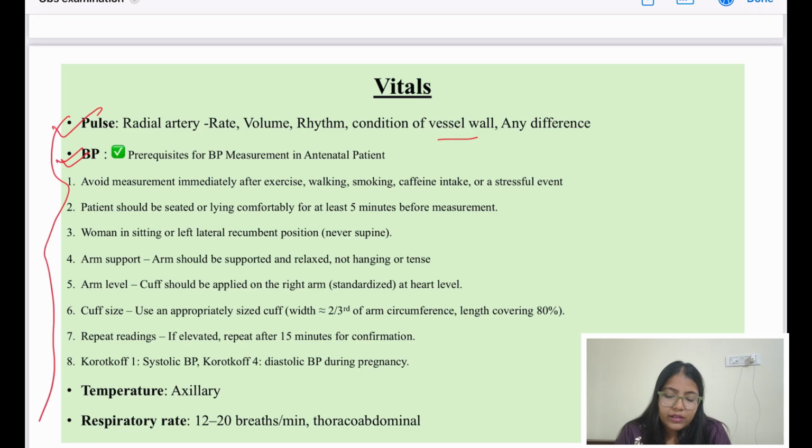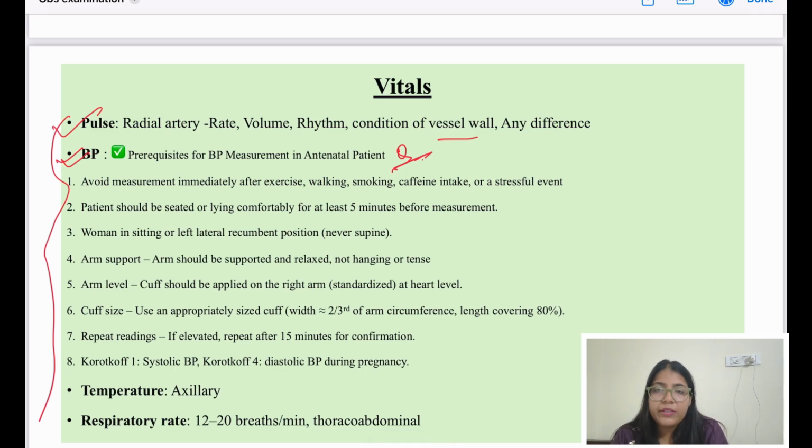BP. So here is where the question arises. What are the prerequisites for measuring the BP? How will you measure the BP? What should be the ideal cuff size and all? So whenever a patient comes to you, you should not immediately take the BP, because the patient may be coming by walking or just running when in a hurry. So you should